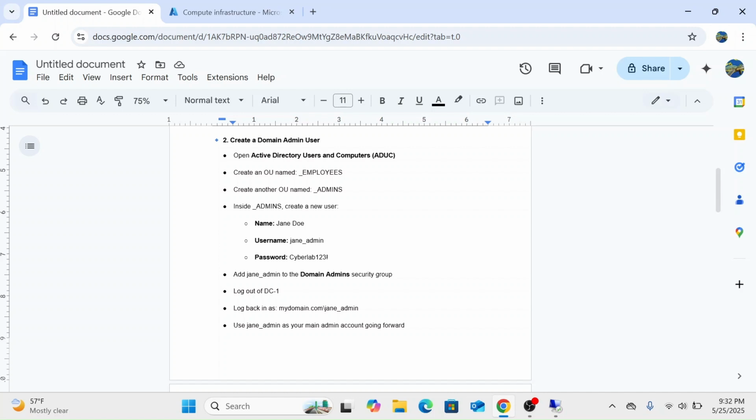So let's just hop right back into here and open ADUC, Active Directory, right here. Basically just come here on the search tab and you can just write active and you'll find it right here, Active Directory users and computers. Let's get on there for a second,